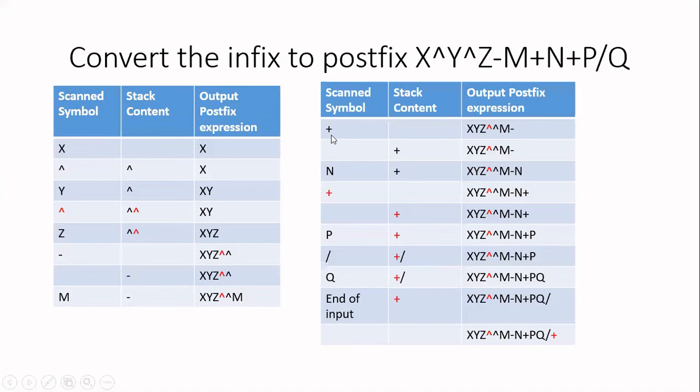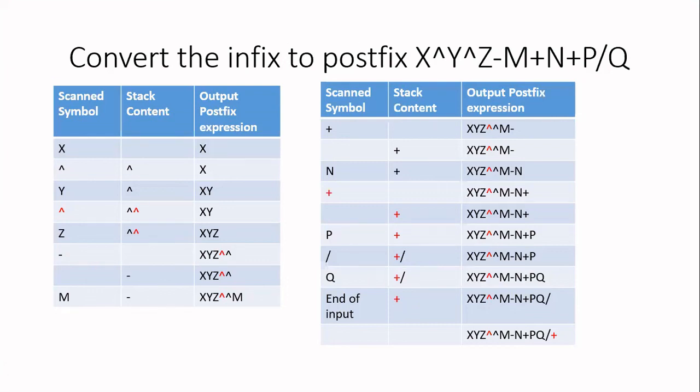Then I'm scanning plus. Plus is an operator. So I have to compare the precedence of plus with the precedence of the operator on the top of the stack. On the top of the stack, I have minus. Both plus and minus have the same precedence. When they have the same precedence, check the associativity. Here associativity is left associative. If it is left associative, the current symbol,